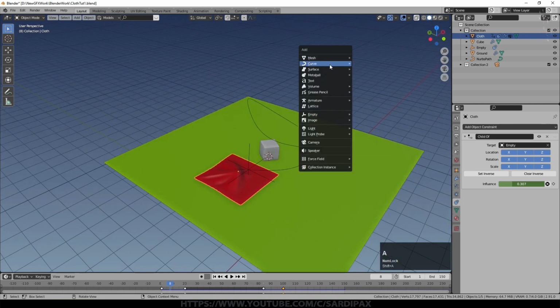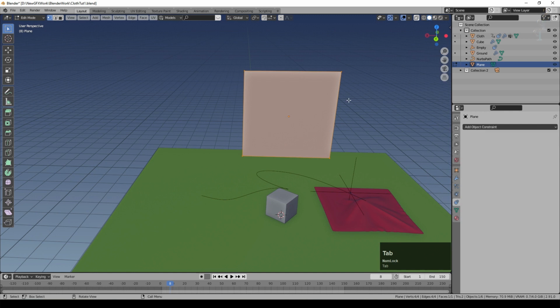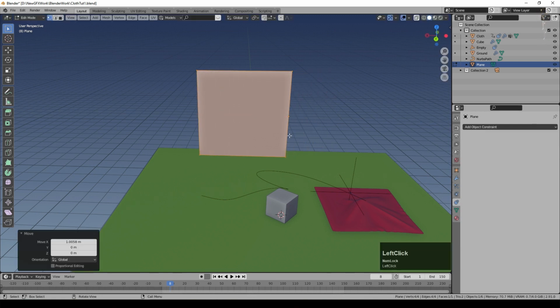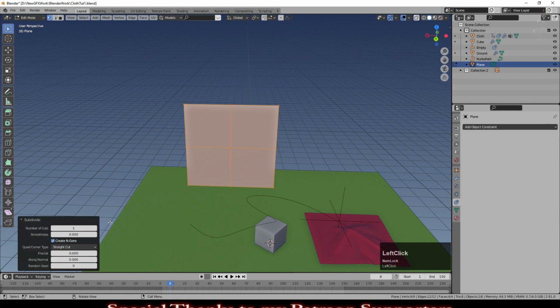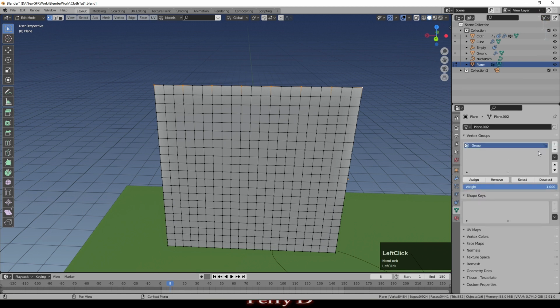just to remind people very quickly, I'm going to add a plane and we'll lift it up there, go into edit mode, G X, and we'll just bring it to about there. So the origin is there, and now I'm going to subdivide it. We'll go for 20 subdivisions, which is a fair number, and then I'm going to skip 2 and then select a vertex, skip 2 and select a vertex all the way along here like that, and then I'm going to go to object properties and assign a group.